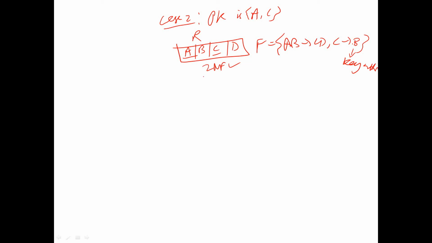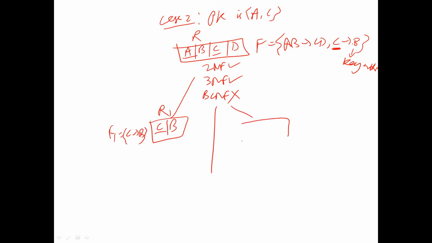So this is present in 2NF, because the right hand side is a key attribute, right? So is it present in 3NF? Yes, it is present in 3NF, because a non-key functional dependency is not available. Then is it present in BCNF? This is not present in BCNF. Why? Because we have seen C. The determinant C is not the key. So we have to go for removing that problem. That is, C to B will be separated out by considering R1. F1 will contain C to B. The other table contains R2 containing ACD. My F2 is AC to D.